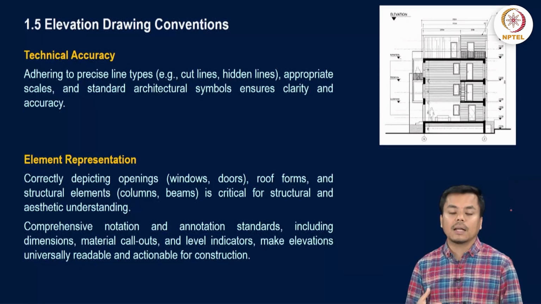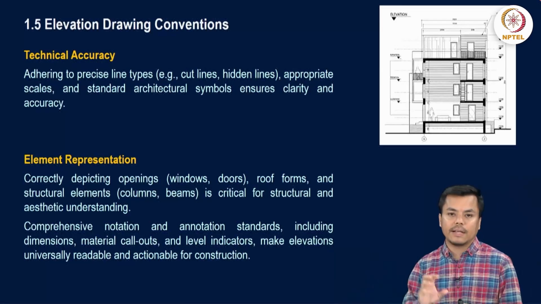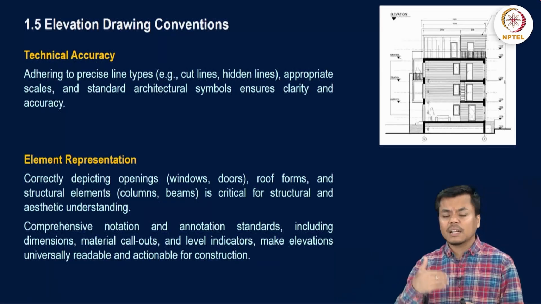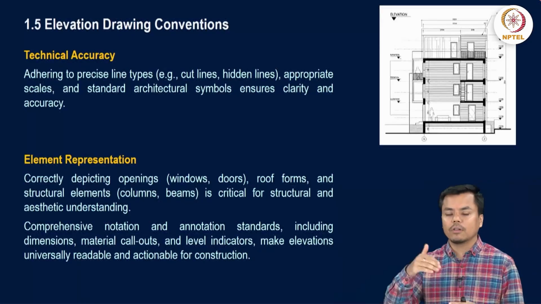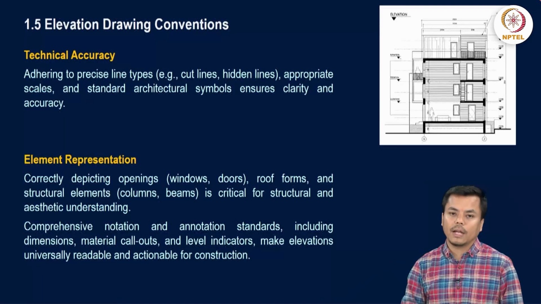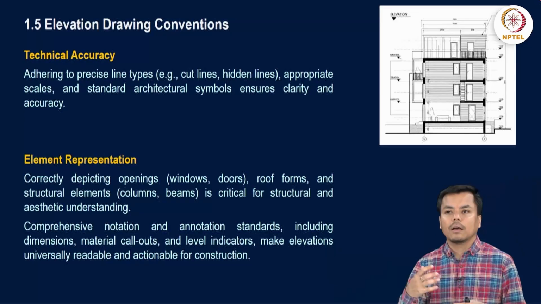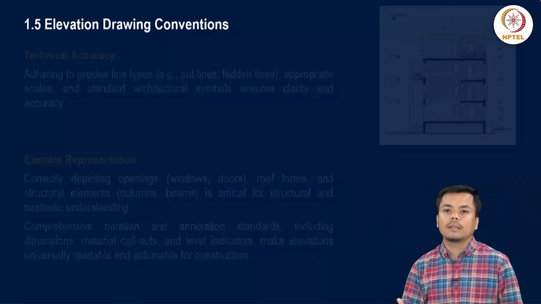Element representation: correctly depicting openings like windows, doors, roof forms or structural elements has to be done. Comprehensive notation and annotation has to be given, as shown here. Try to mention the levels. Try to also add information about the materials that are generally visible in your elevation. Also the height of the entire structure and the levels have to be specified in your elevation. So these are two or three specific things that are very necessary to be showcased in your elevation,